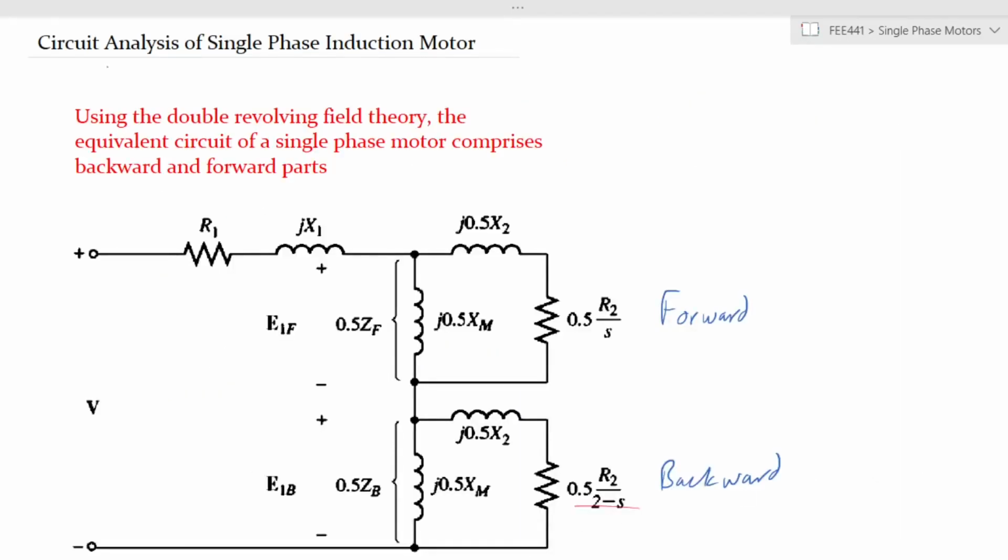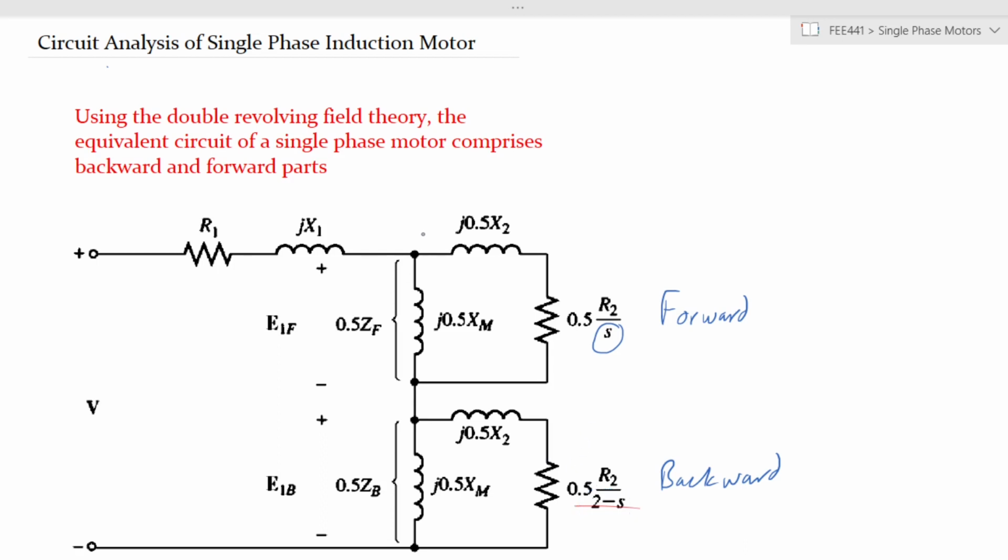Now let's look at the equivalent circuit of the single phase induction motor. Using the double revolving field theory, we end up with the circuit that is shown. What this means is you have the forward and backward parts of the rotor being represented by two different arms of the circuit. This is because those two components account for the forward component and the backward